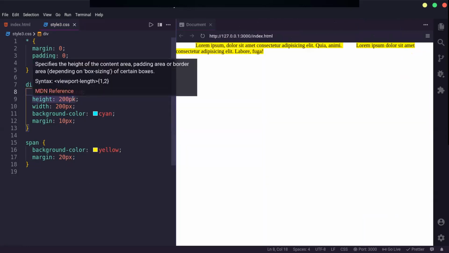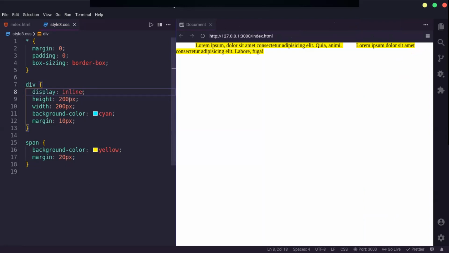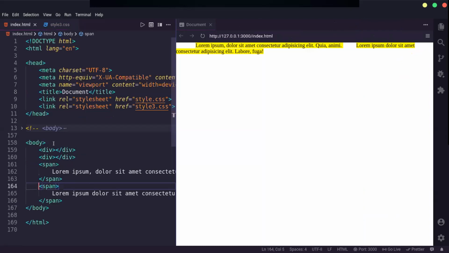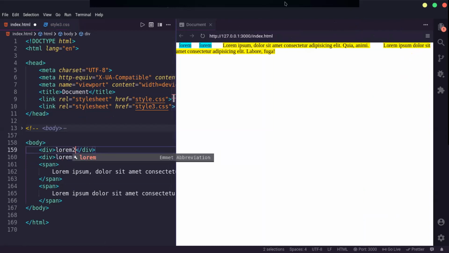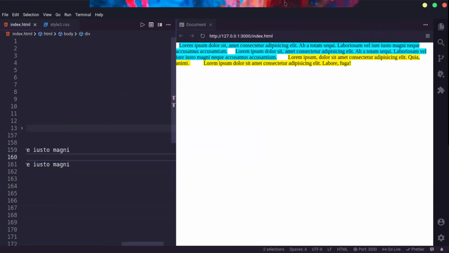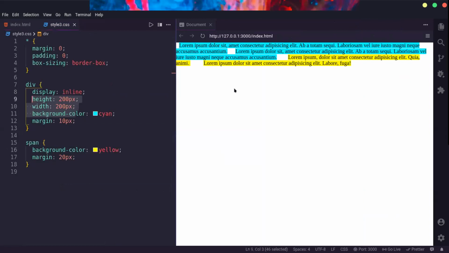Okay, the problem with inline elements is that you cannot set their height and width, so I need to add some text to make it visible. Okay, so now you can see the text with blue background is the div, and the yellow one is the span.